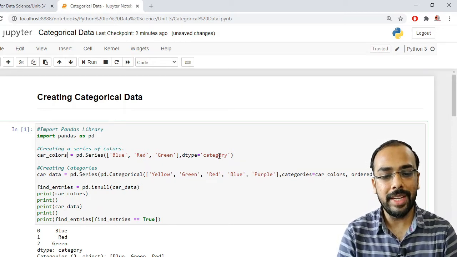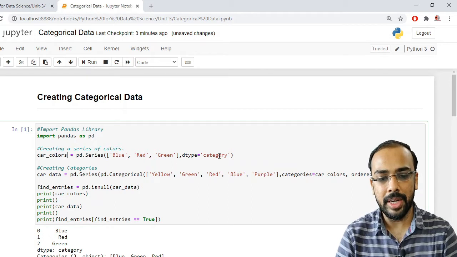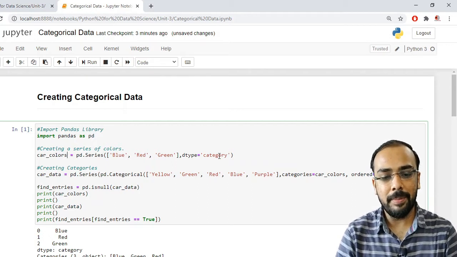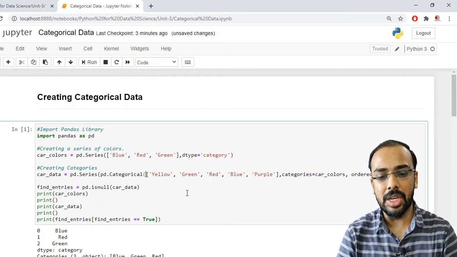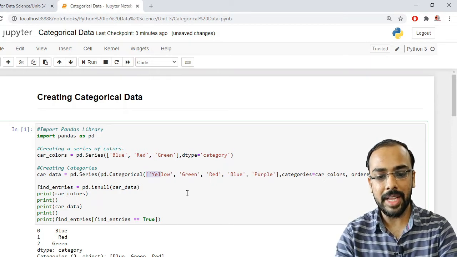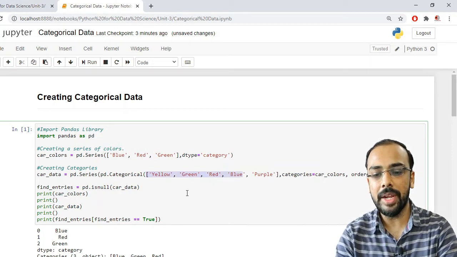Now we want to create categories. For that, Python provides us a function named Categorical. Inside this, I have taken a new list: yellow, green, red, blue and purple.